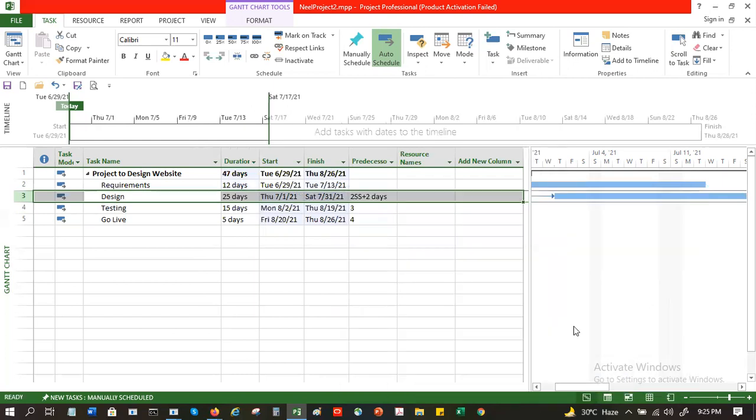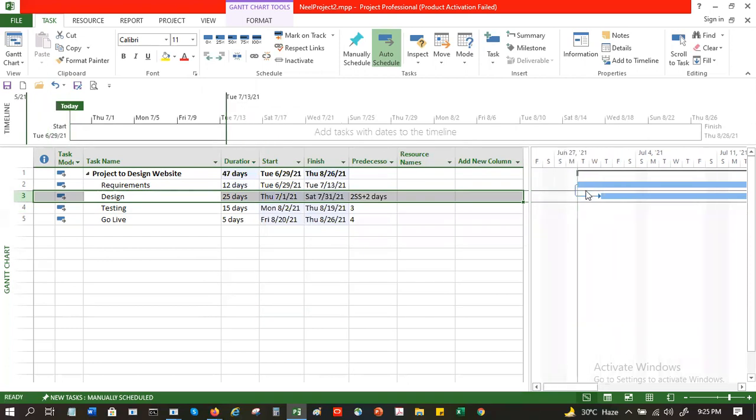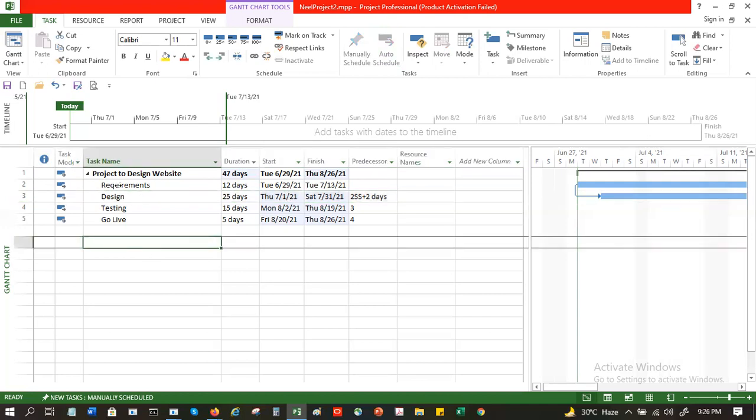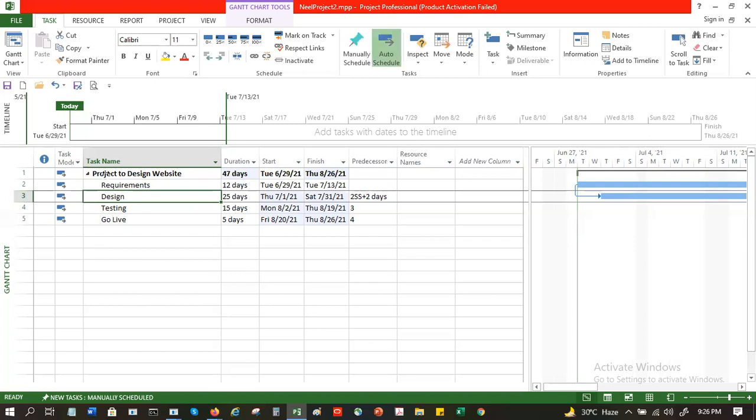So what will happen? See, both are starting, but this one is starting 2 days after. Understood. It is only reflected in the Gantt chart, but not in this table? No, I'm trying to say that because all the child activities are indented at the same level, indentation will not show, but the dates will show, and the bar diagram will also show. The indentation purpose is to show the parent and child.